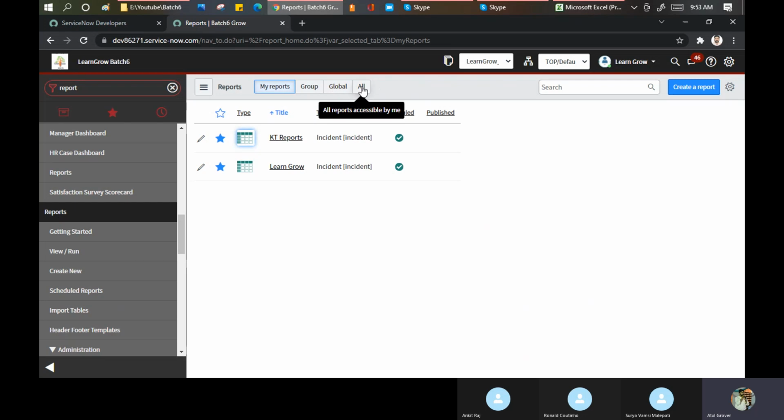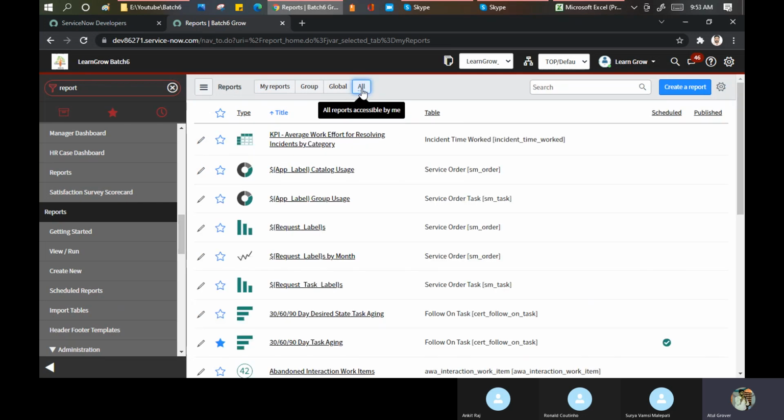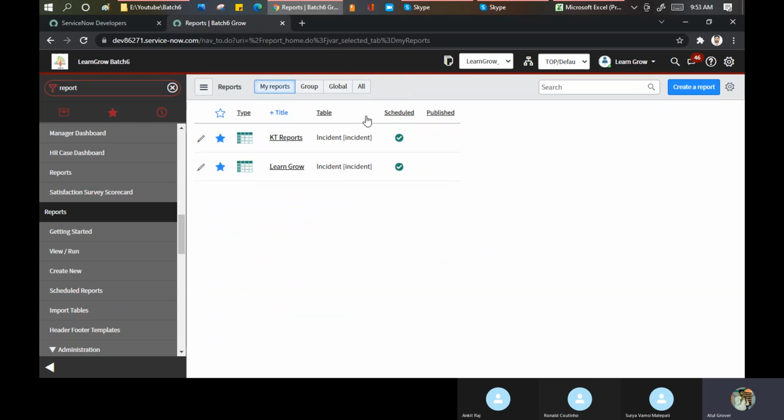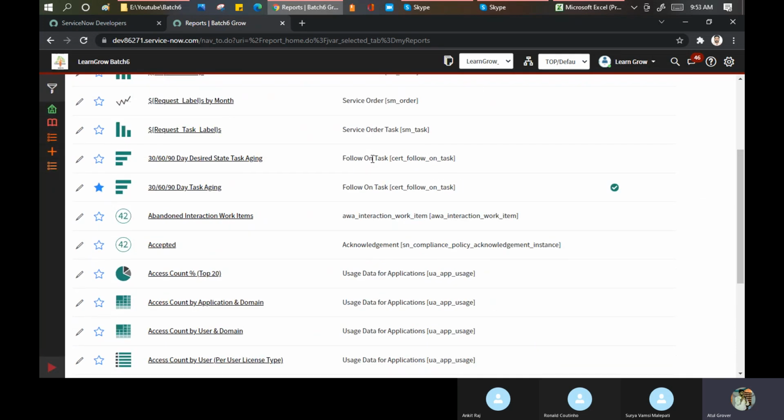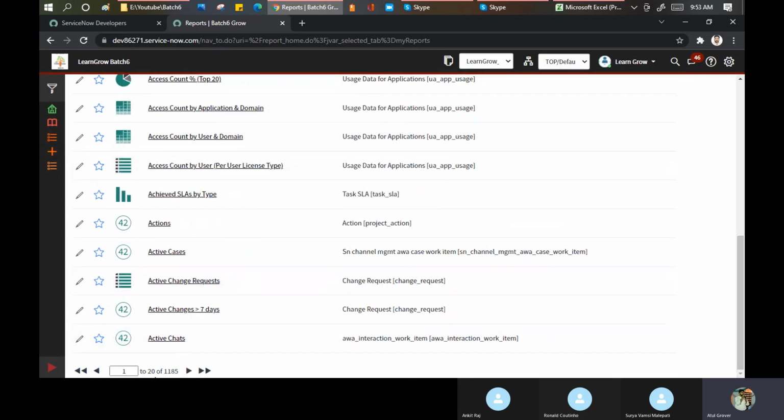And All Reports is a combination of all of these, but only reports that are accessible by you. Here you will see the reports that have been shared with you or made global for you, and here the reports you have created. Because I have a lot of plugins installed, the count may vary between your instance and mine. If I scroll down, you can see